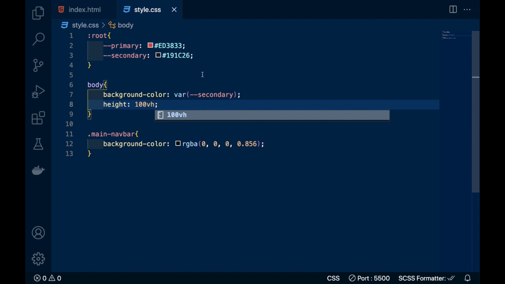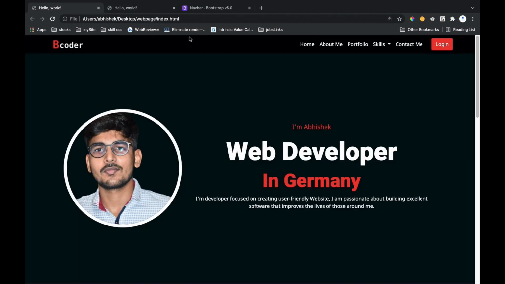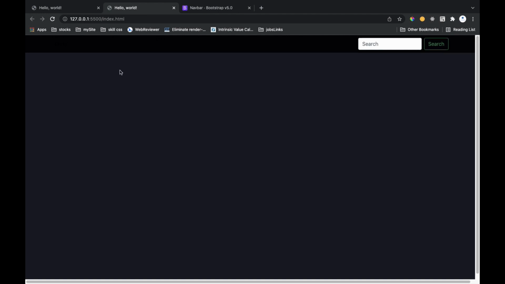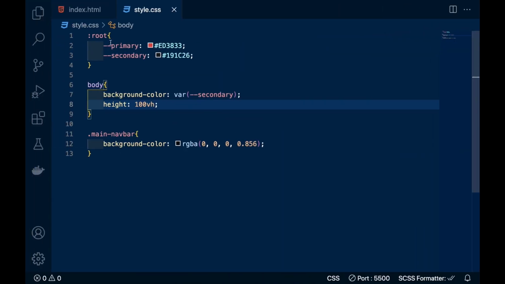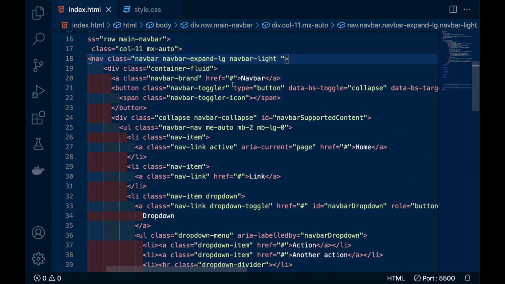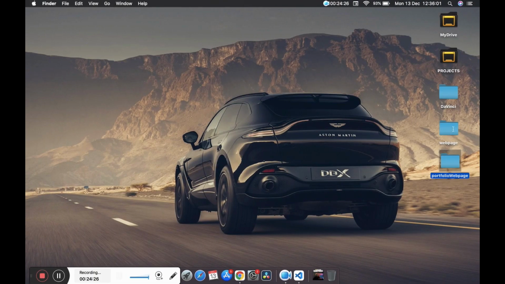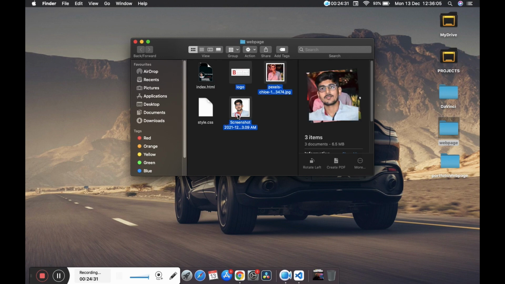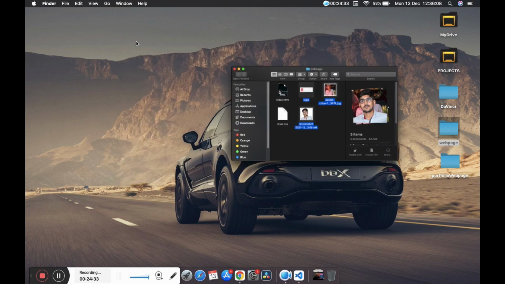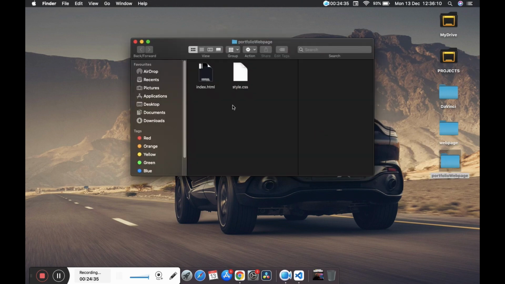So you can see now we have defined our body dark color. After that we will use our logo and customize our navbar. So first for that we have to come here, and I have already shown you that I will use these 3 images. So first of all I copy this and I will paste it here